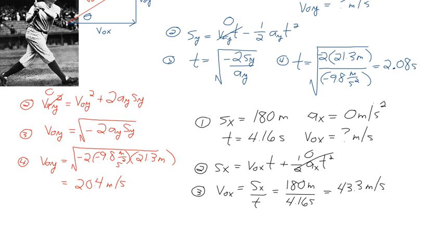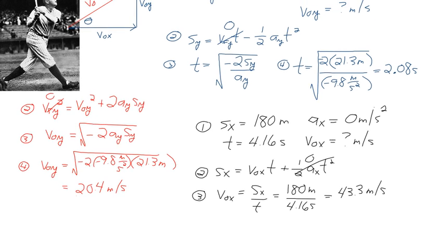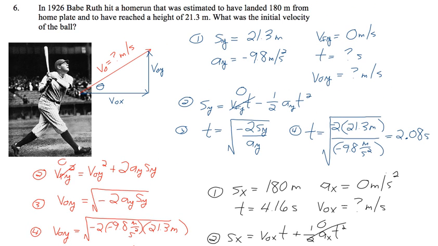And now that I know both my VOX and VOY, I'm running out of time here on this video. Once I know both VOX and VOY, then I can use a squared plus b squared equals c squared. So c, which is the hypotenuse, will equal the square root of that number squared plus that number squared. That will get you that value. And for the angle, I know the opposite and adjacent, so I'm going to use the inverse tangent of that ratio to get it. All right, I'm going to shut it off here so that if I go beyond 15 minutes, it's going to